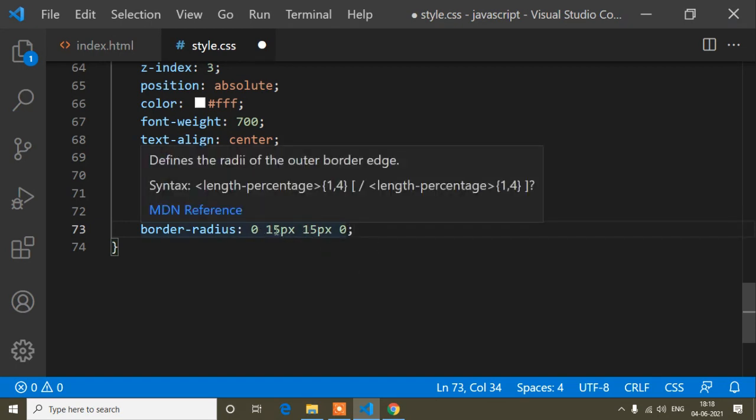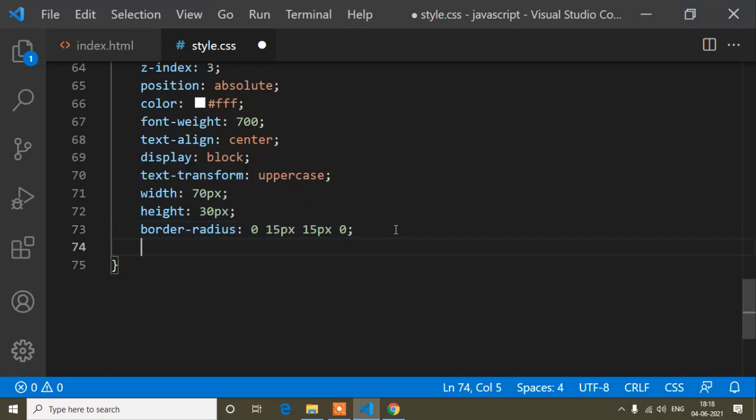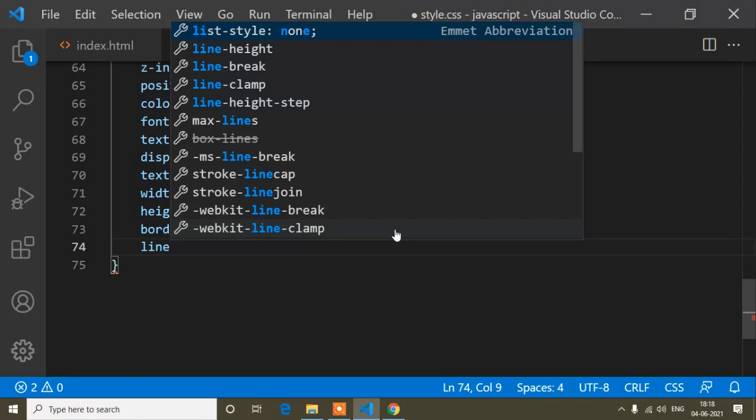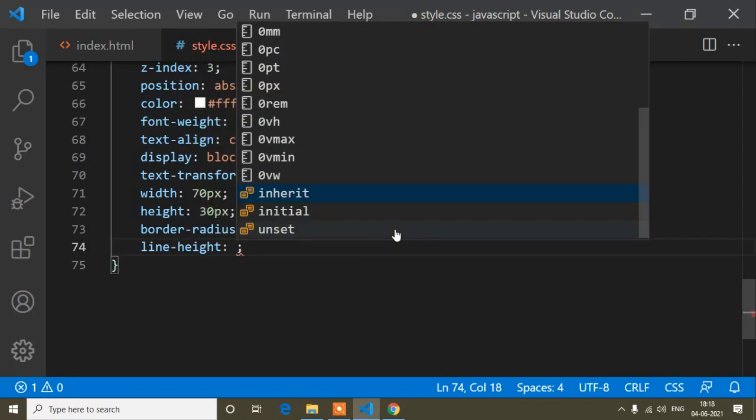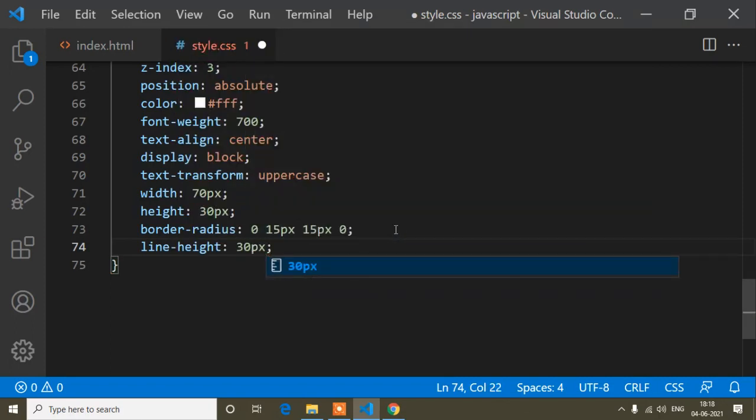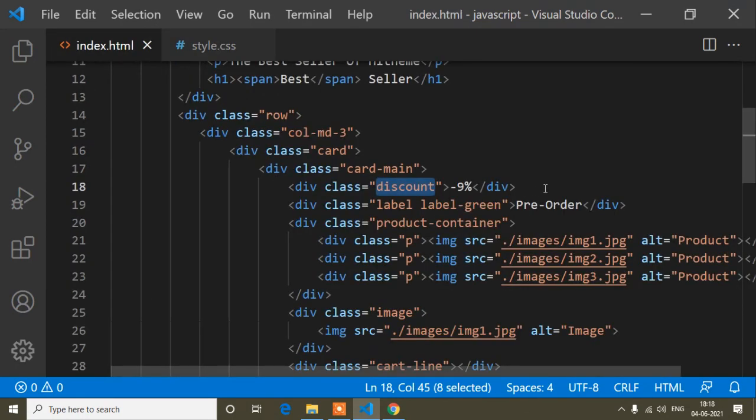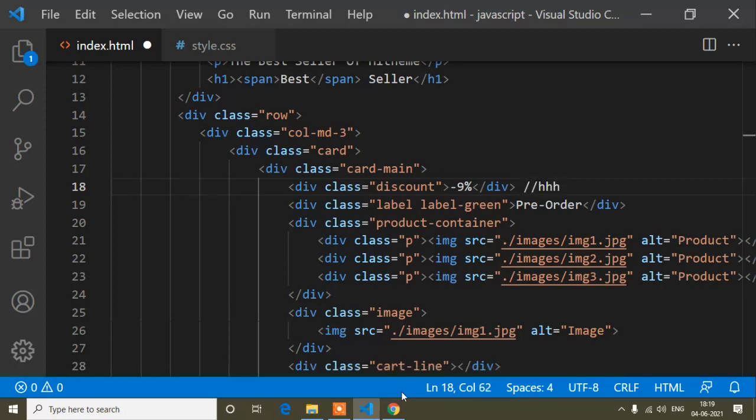And now here I will pass the line height. Line height is 30 pixels. Now I will explain what is the use of line height. So, guys, suppose here is a line. Just for example, I am writing this line, and suppose here I give you the example.